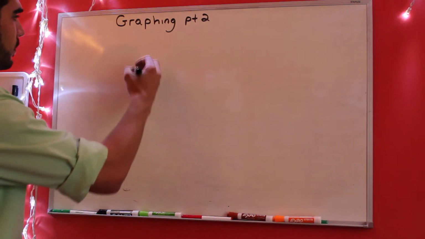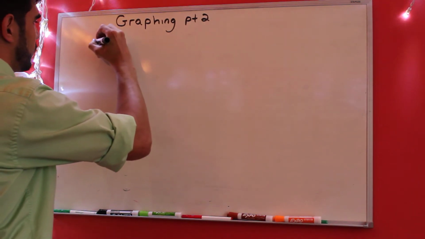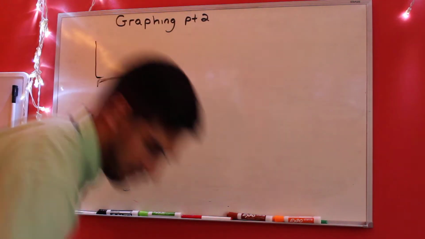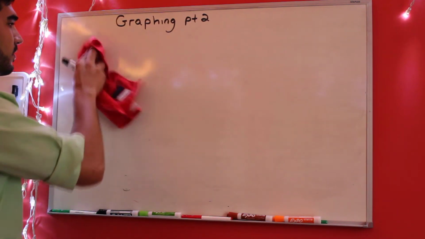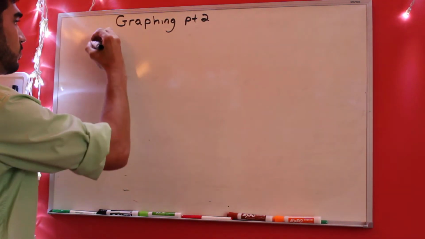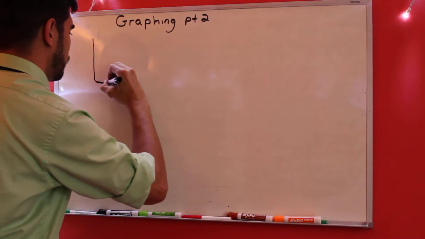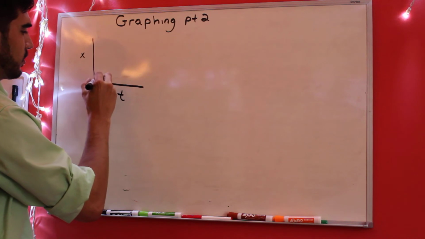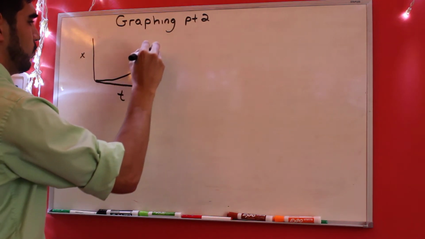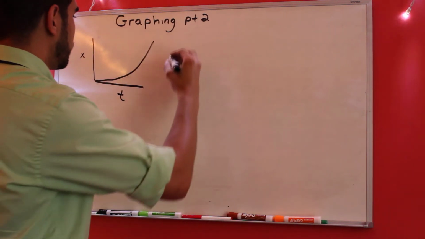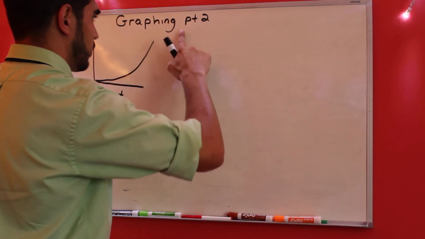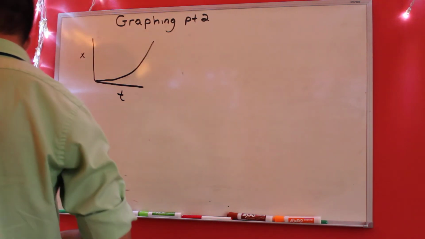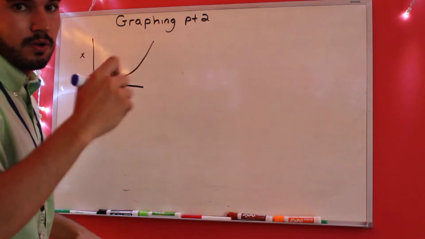For example, say we have a graph, excuse me, that wasn't a great line. So say we have a graph that looks like this. We have one graph where our x and our t just curves upward like that. Then we have another one. Actually, I'll do this in a different color so it stands out. We have another one where we have